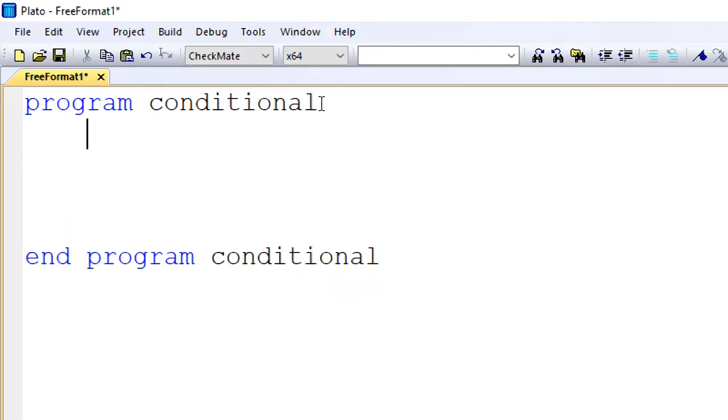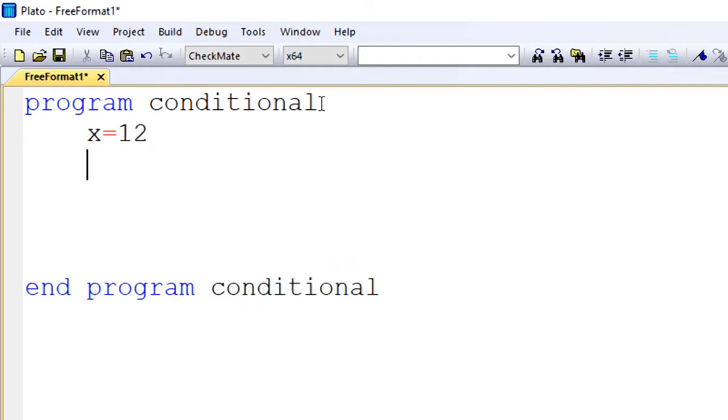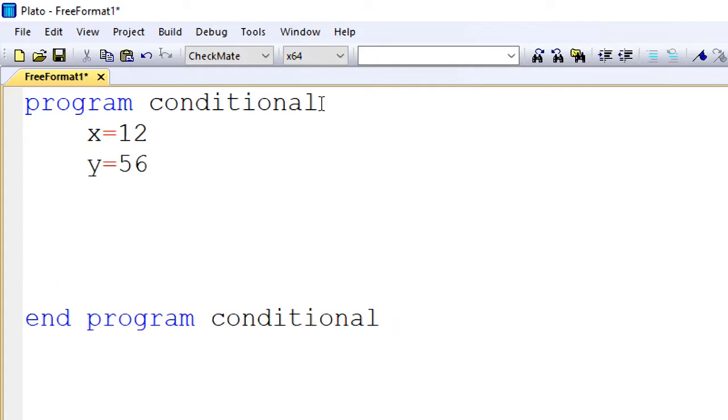What I want to do here is look at two numbers and only print if the first number is larger than the second number. That's the only time I want to print out something. Otherwise, I'm not going to print out. Let's say the first number is x, and that should be 12. And let's say the second number is y, and y should be 56. So I only want something to be triggered when x is greater than y. Otherwise, I don't want anything to be done. So I have to ask the question. I'll say if x